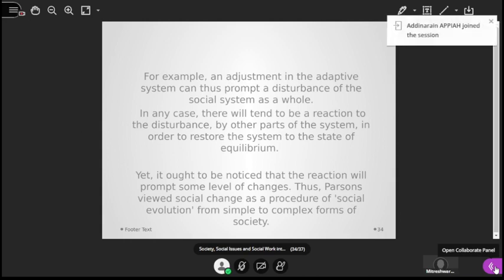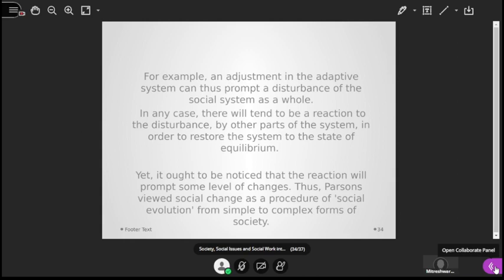Alors, nous tous connaissons le fait qu'il y a une mass mobilisation, etc., etc. Mais imaginez, cette manifestation, pendant une semaine ou bien un mois. Qu'est-ce qui peut arriver au pays? Alors, c'est ça qui nous dit, une disturbance quelque part, nous pouvons briser tout l'équilibre. Par la suite, le gouvernement finit par réagir, et nous finissons par trouver une certaine commodité par rapport au coût de la vie, etc. Une baisse, et un subside dans plusieurs autres commodités. Yet, it ought to be noticed that the reaction will prompt some level of changes.